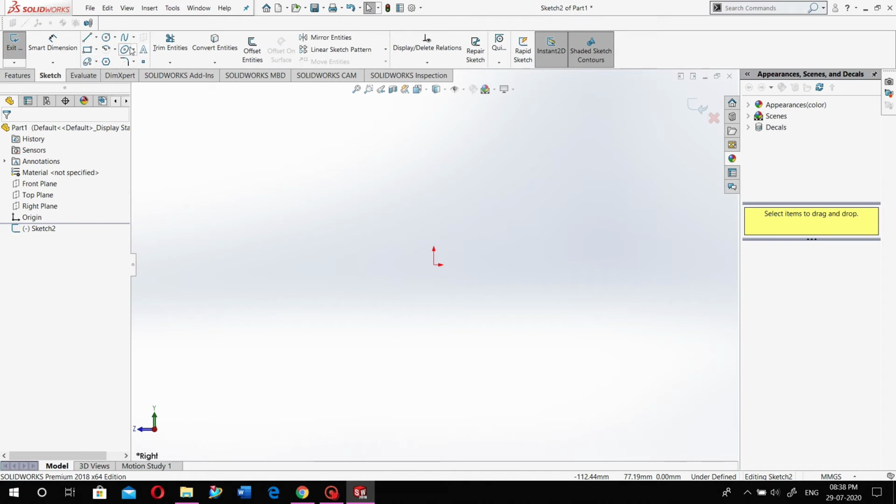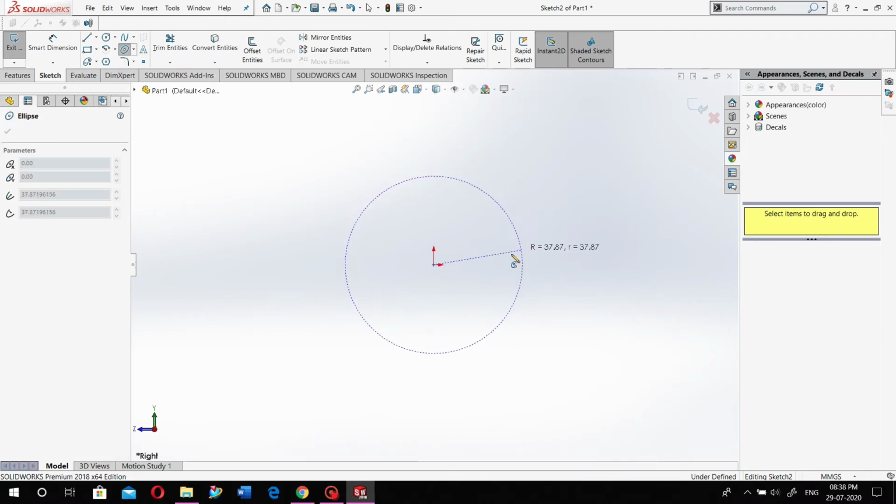In ellipse we also have different commands. So what is the partial ellipse? You just select the first point, then the second point, and it depends on you whether you create a complete ellipse or an arc structure.